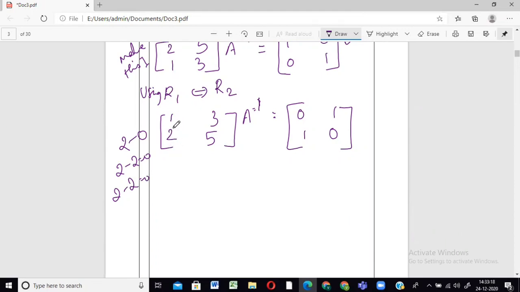So how do we subtract it? Using the first row, like how we did last time. So using R1 we have to change R2, correct? So R2 becomes R2 minus 2 times R1. So how is that possible? R2 changes, and there is no change in R1.